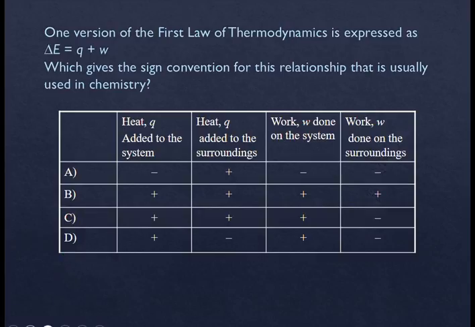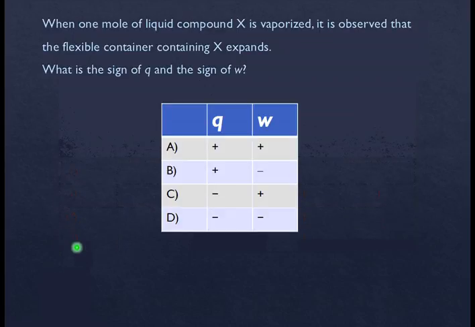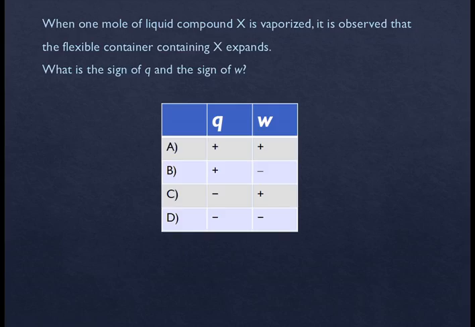Let's get another one. When 1 mole of liquid compound X is vaporized, it is observed that the flexible container containing X expands. What's the sign of Q and the sign of W? So we have to reflect on the phase change curve for this particular question. So I'm going to get a pen for this one. If I can convince the pen to pop up. Hi, pen. Okay. So when 1 mole of liquid compound X is vaporized, in order to vaporize a substance,